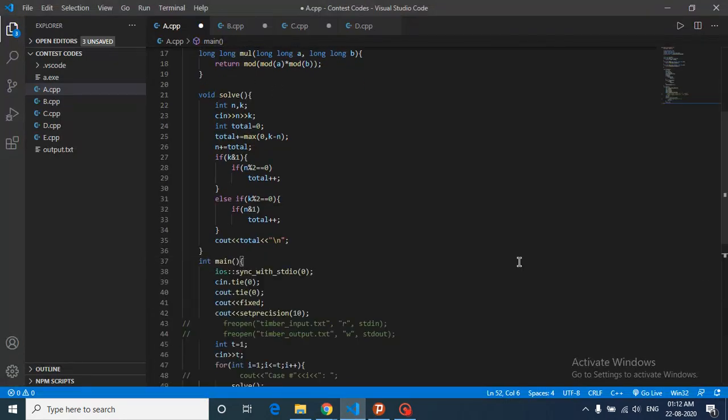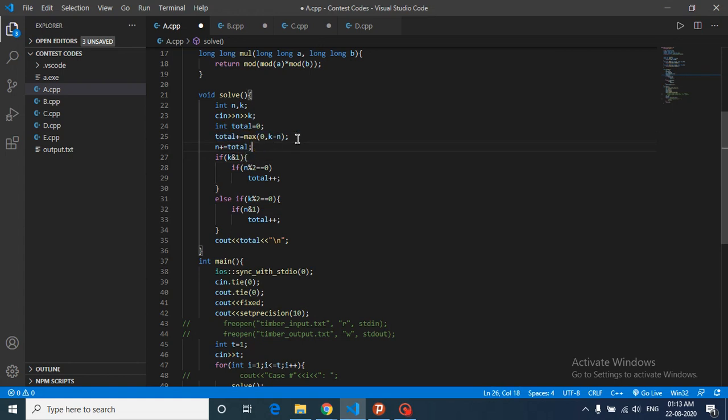The code is also very simple. You will take the input of n and k, and then first you will see how many more numbers you have to add, which is what I told you: you have to shift the A side. So the A side will shift by k minus n. This is the total, because you have to shift so that k is smaller or A is greater. And when you shift these terms, our new position of A is n plus equal to total.